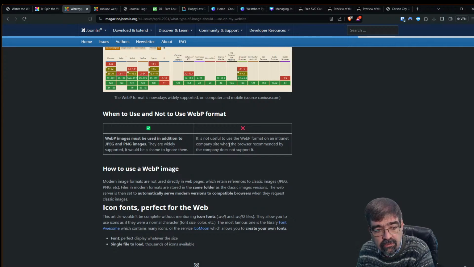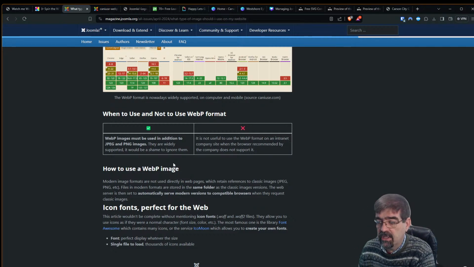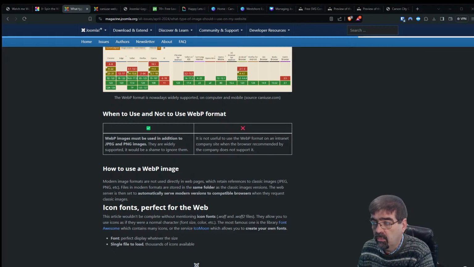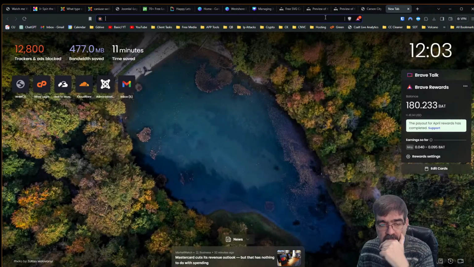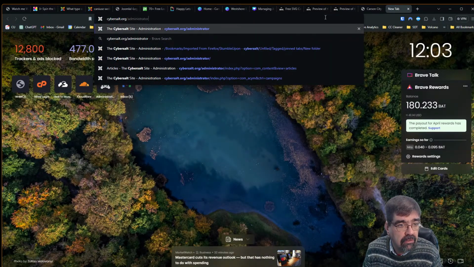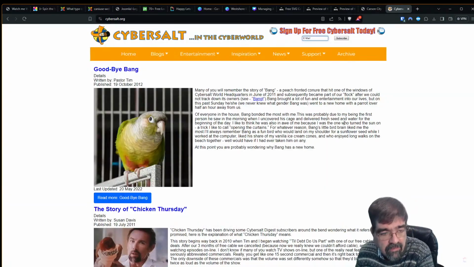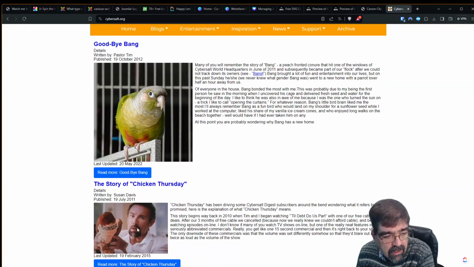It's not useful to use the WebP format on an intranet company site where the browser recommended by the company does not support it. So you're going to run into cases where WebP is not working with whatever you're viewing. And the thing with online OCH responsive images, and there are others out there, I know you all use different ones, is this. If I go to this image here and inspect,